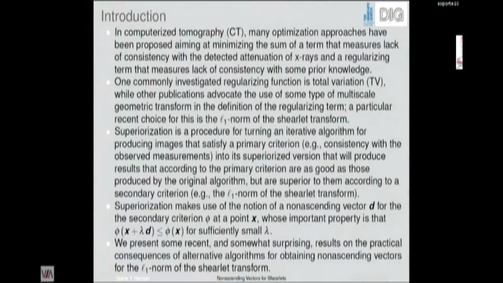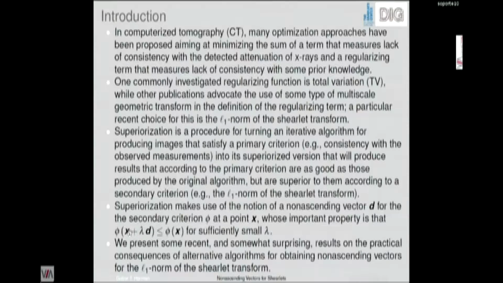Now, in the process, as you will see, we will make use of the notion of a non-ascending vector D of the secondary criterion phi at the point x. And the important property is that if you move away from x into the direction of the non-ascending vector, then phi will get not bigger,